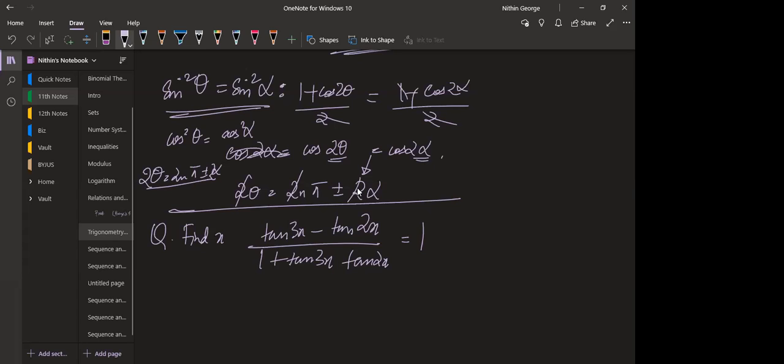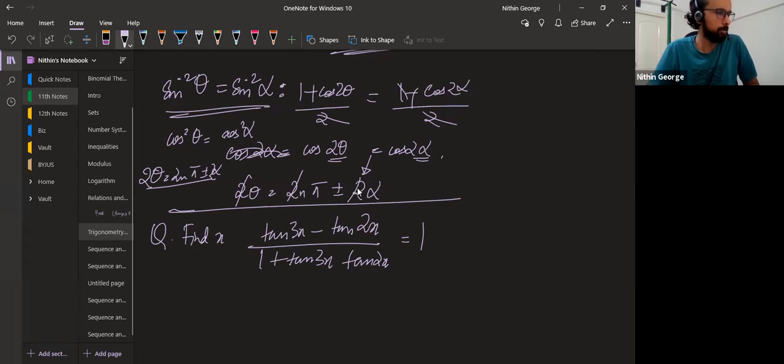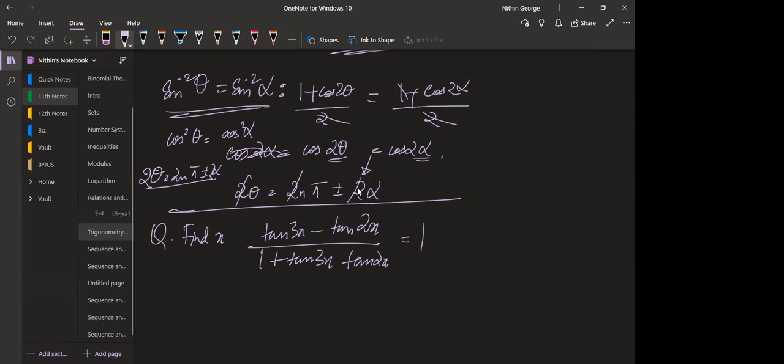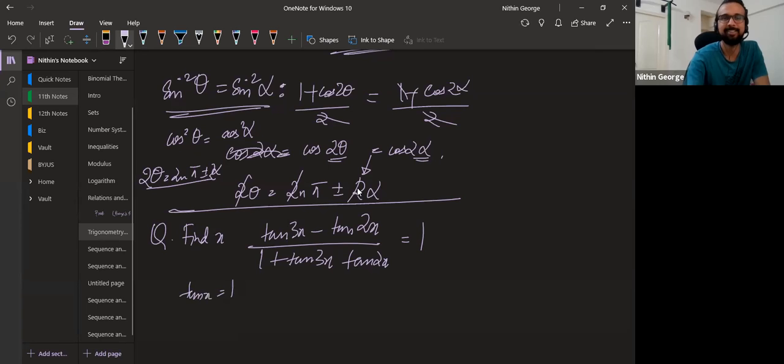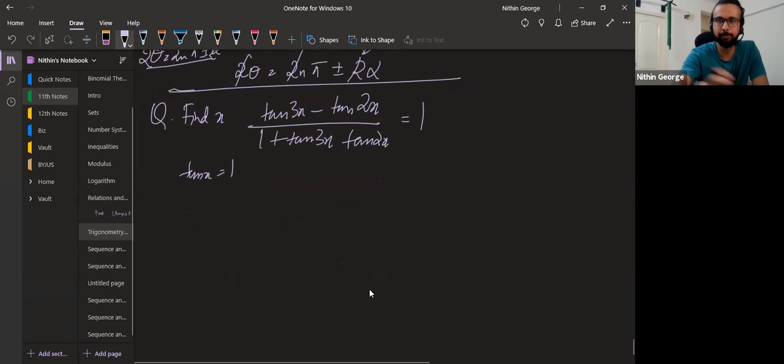Is it (2n plus 1) pi by 4? How did you get (2n plus 1) pi by 4? Sir, this whole equation comes as tan x. Correct. Okay, tan x is equal to 1, since it is tan of 3x minus 2x. Okay, guys, that's what he meant. So tan x is equal to 1. And then